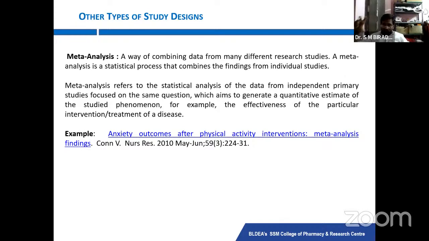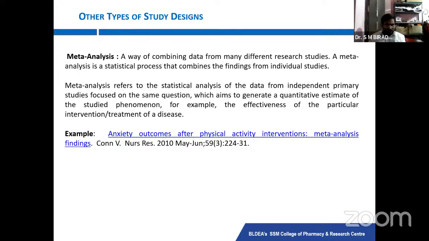Yes, Covishield is a very good vaccine, because those people in different states who have taken the Covishield first dose have not suffered any COVID infection in the second wave. So this type of study is called meta-analysis: collecting the topic data from the different centers, studying all the different centers' results, and making one abstract or summary. That type of study is called meta-analysis.